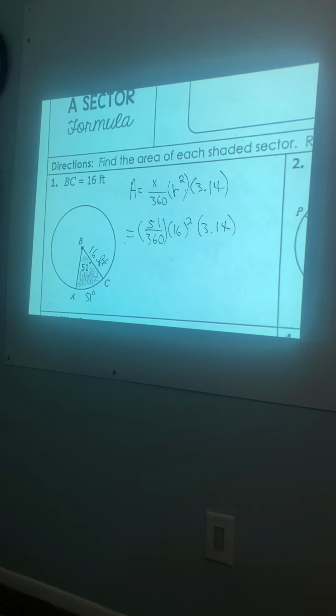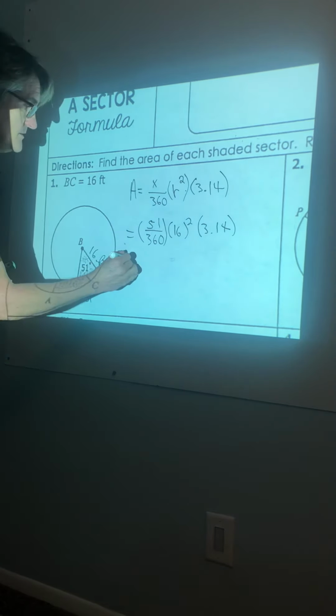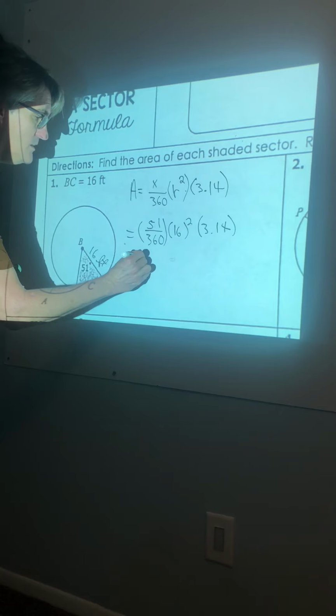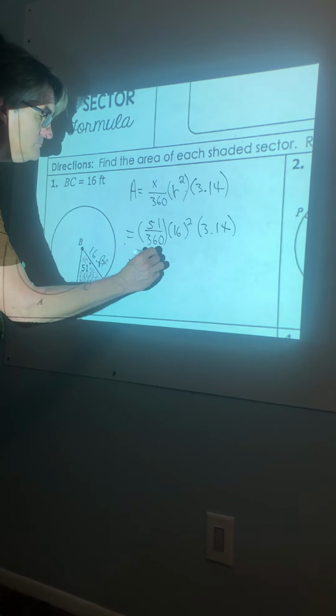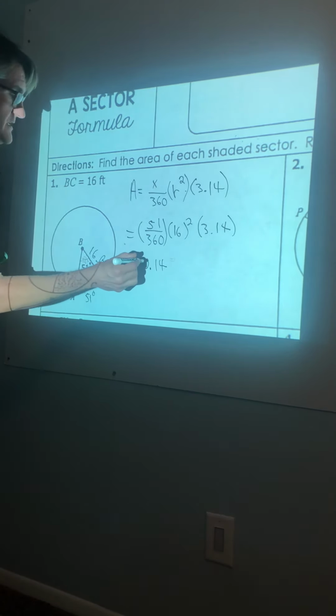So look, 51 divided by 360. You guys lose your mind when you get these numbers on the calculator. Well look, we're Americans, we love money. Round it to money. I got 0.141. So make this 14 cents, that's what it is. So you want 14% of the